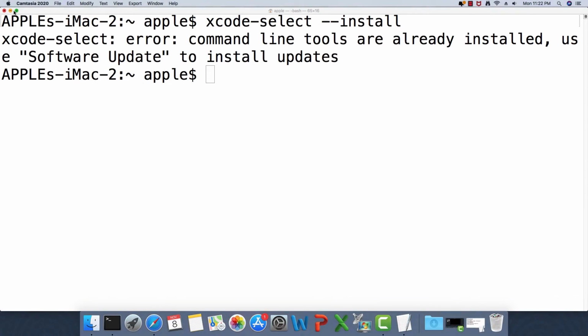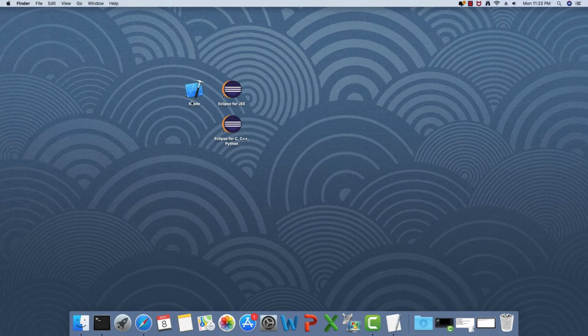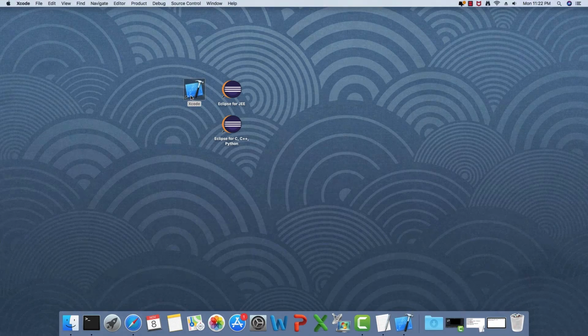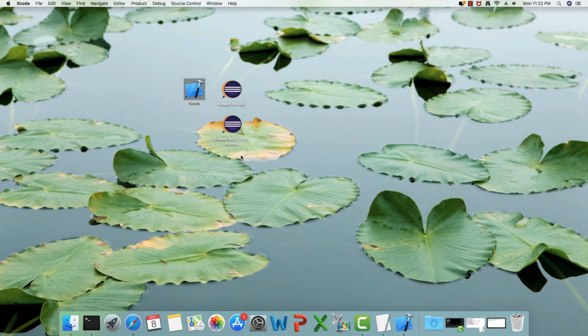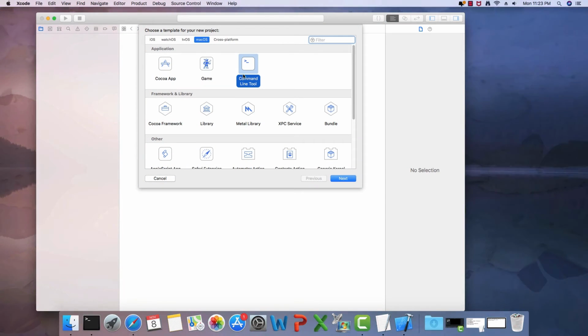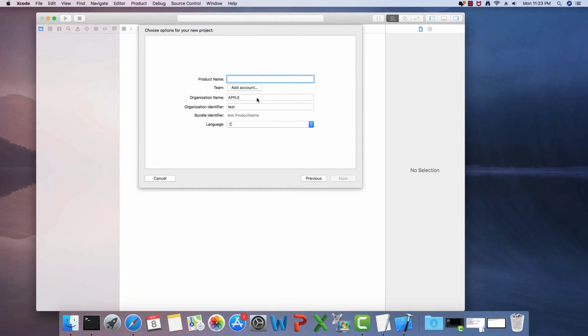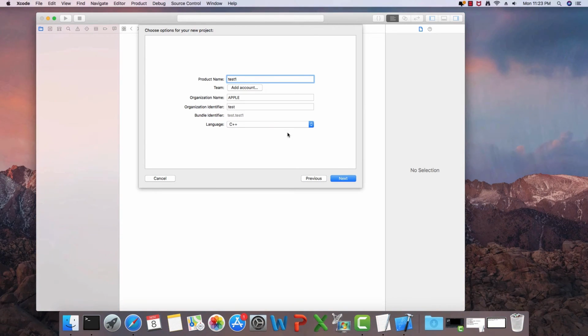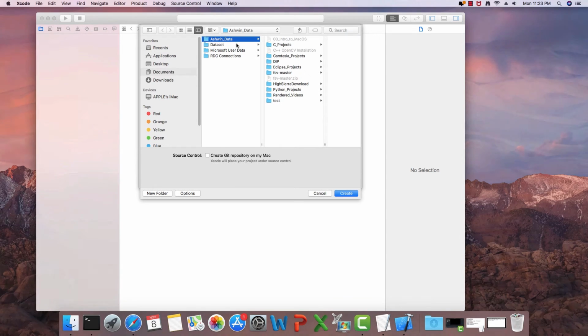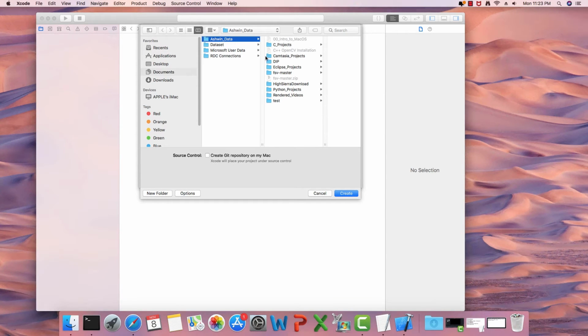Again, let us learn how to create a sample C++ project. Create a new Xcode project. Again, choose command line tool, click next, project name test1, and here you can choose C++. If you click next again, it is going to ask you for the location.